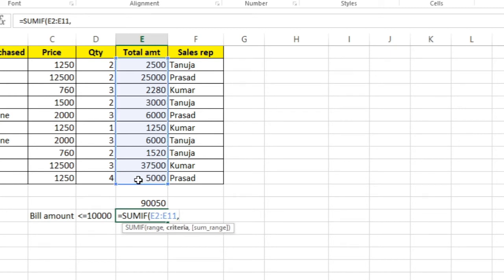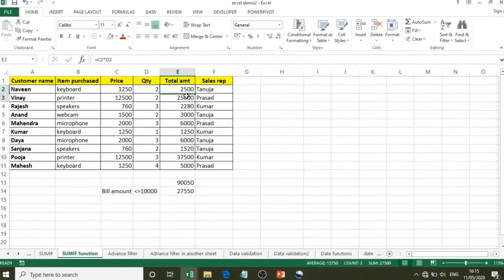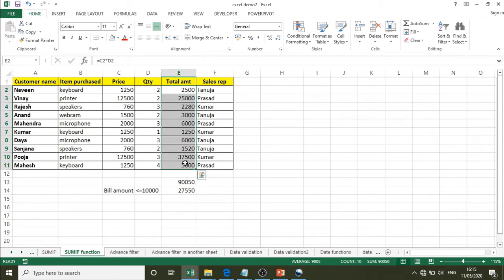When you are giving the criteria, I have to give it like this, less than 10,000, or you can just make use of the cell address where it is present, comma, the cell range which you have to use for summation. So this is how the SUMIF function works.